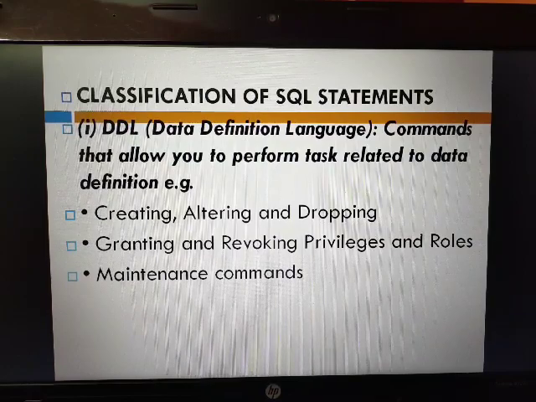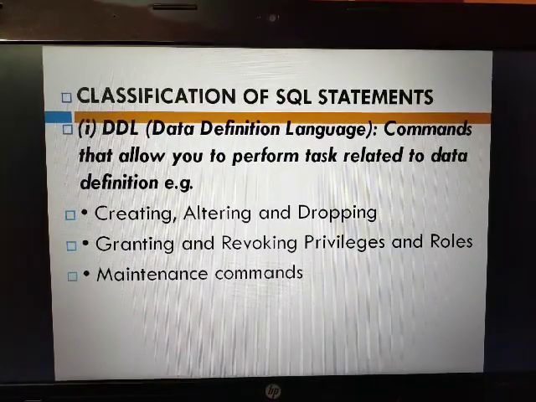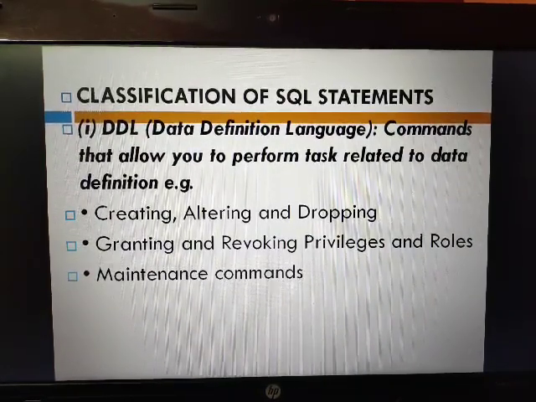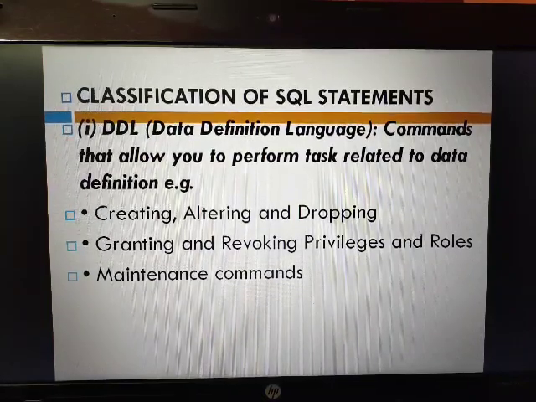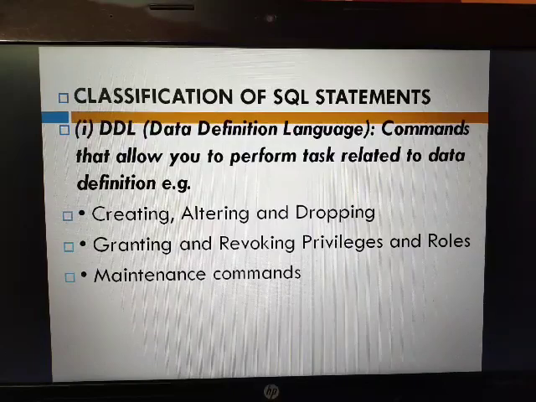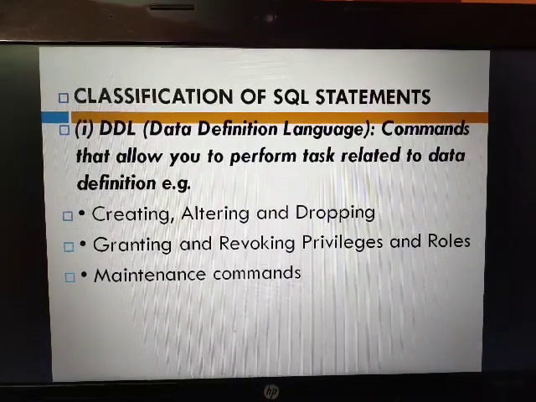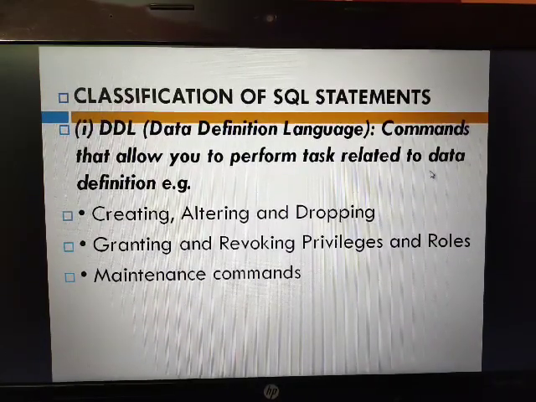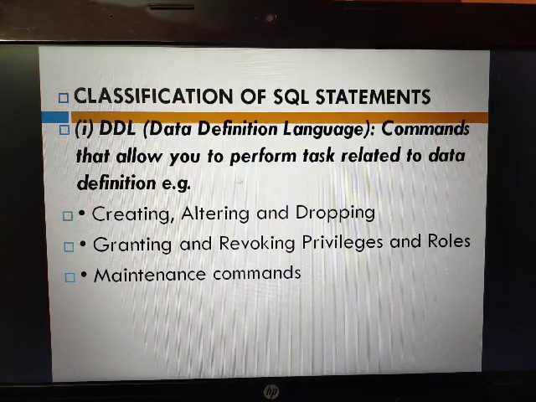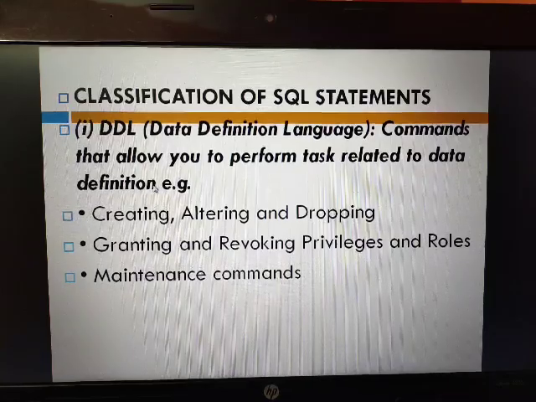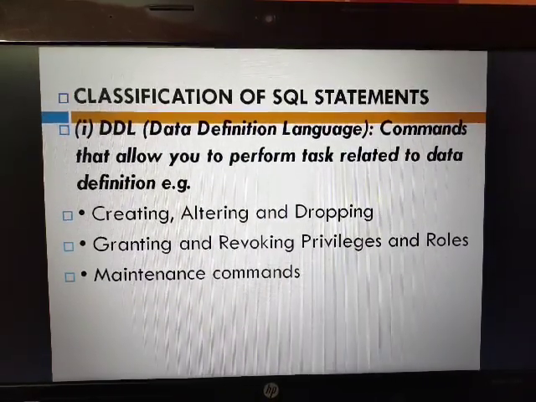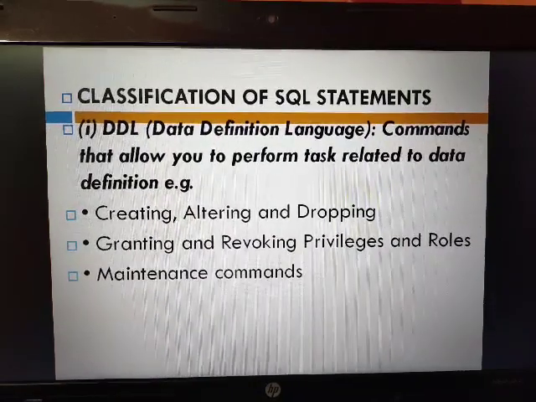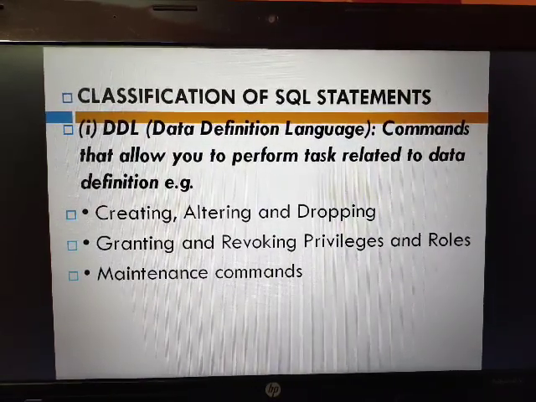First is DDL, data definition language. They are the commands that allow you to perform tasks related to data definition. This is the important thing, data definition. What operations can be done? Here we can create, alter and drop. Drop means delete, similar to delete.